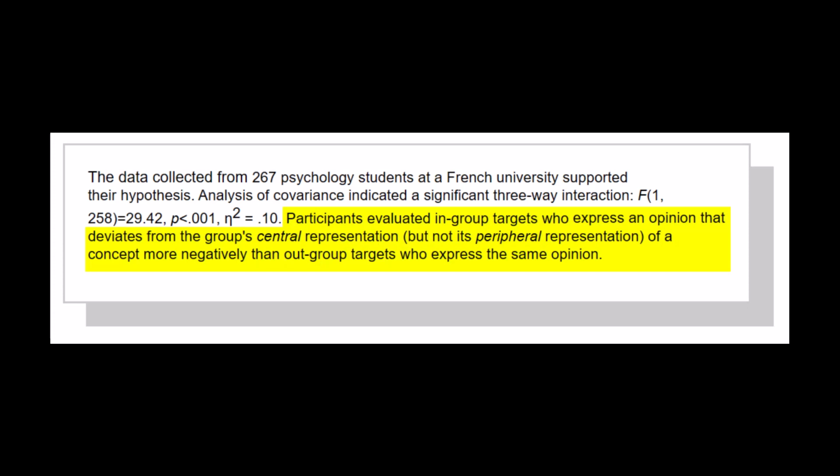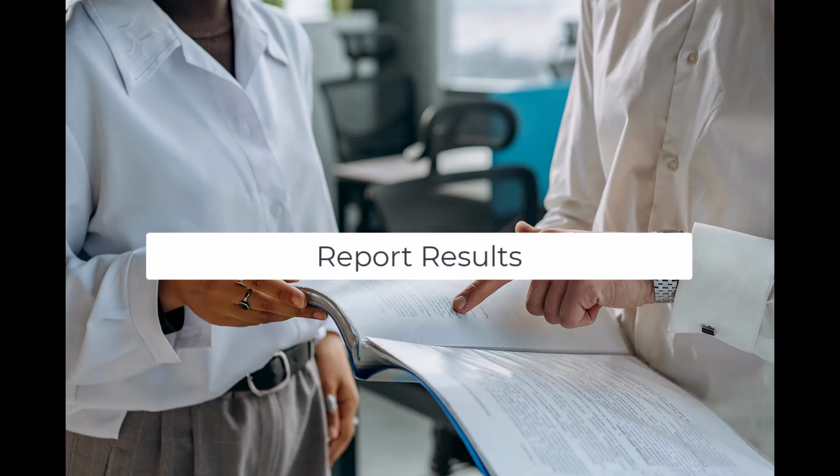Participants evaluated in-group targets, who expressed an opinion that was counter to their group's central opinion, more negatively than out-group targets, who expressed the same idea. That is, when a friend disagrees with one of our core opinions, we judge them more harshly than when a stranger disagrees with us. The final step of the research process is to report the results to the rest of